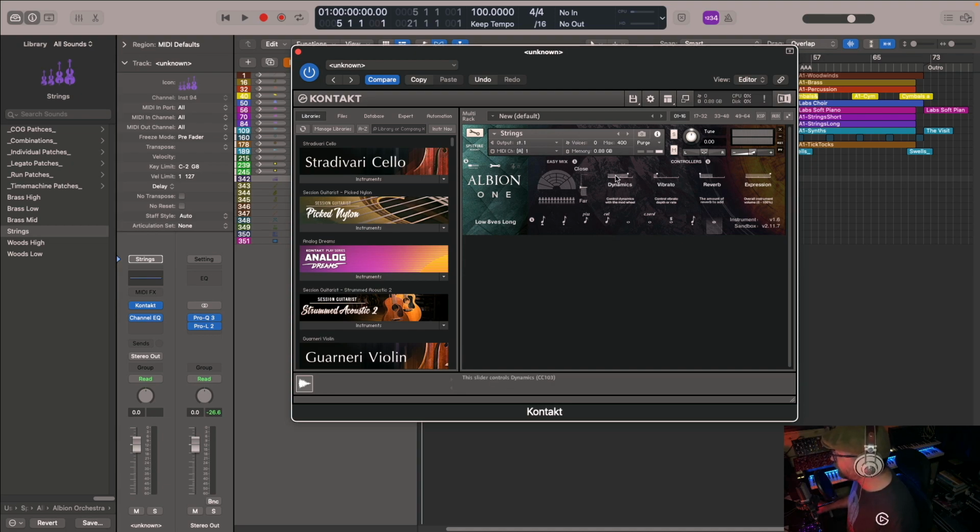And then you have some controls. These are the common controls that you would use, because this is the basic interface. Dynamics, that's probably the most important thing. Lots of people would say, and myself included, that when you play a part, you would have one hand playing the notes and another hand controlling the dynamics